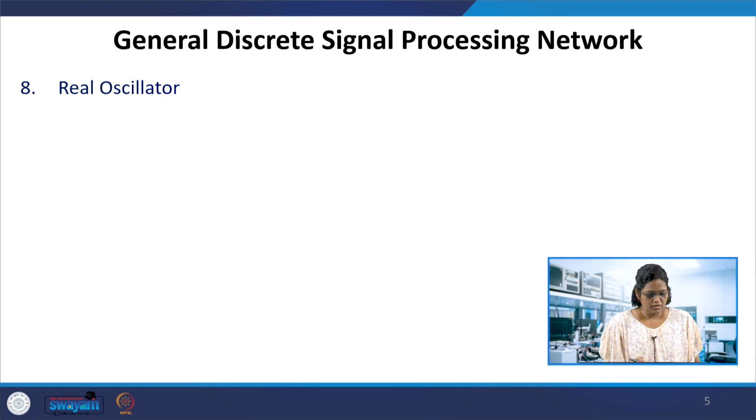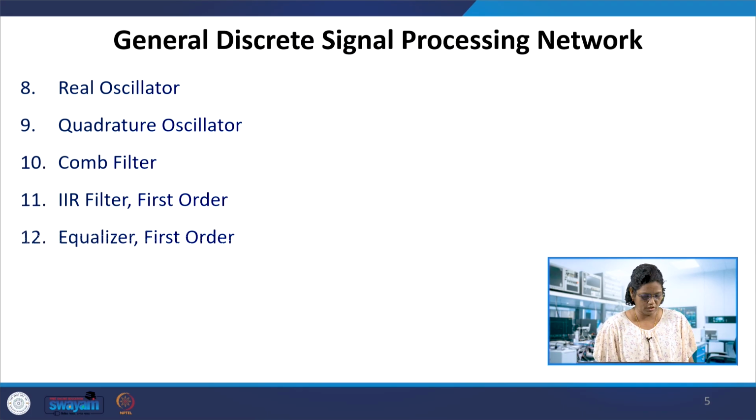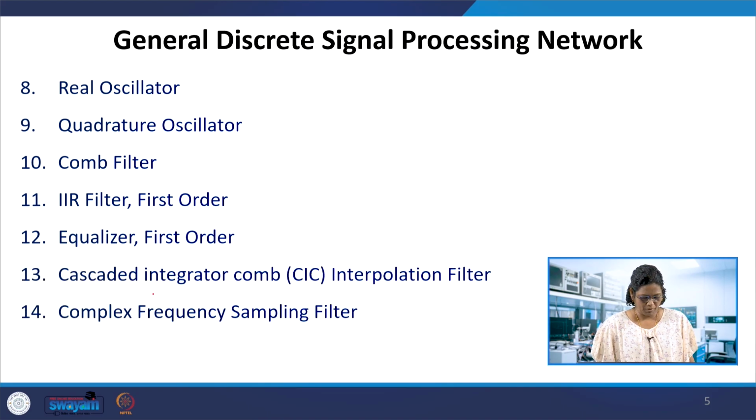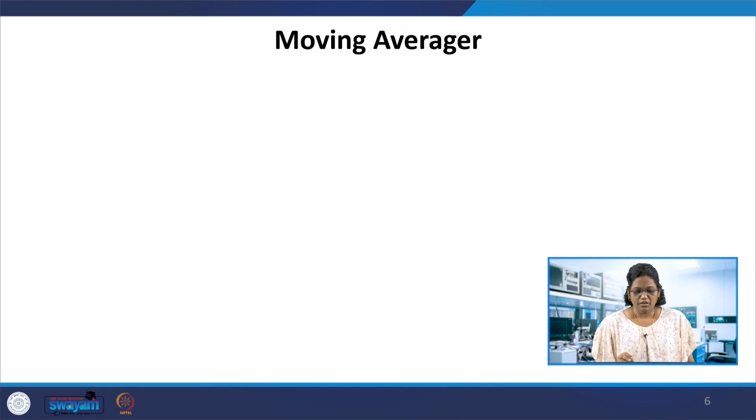The 8th one is the real oscillator, and a quadrature oscillator can also be formed, and the comb filter, first order IIR filter, equalizer, cascaded integrated comb, a complex frequency sampling filter, that is FSF of complex in nature, and DC bias removal. This set I will do in the coming lecture, but the first 7 we will be doing in this lecture. So the moving averager, first we take